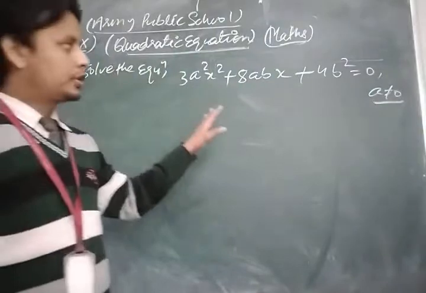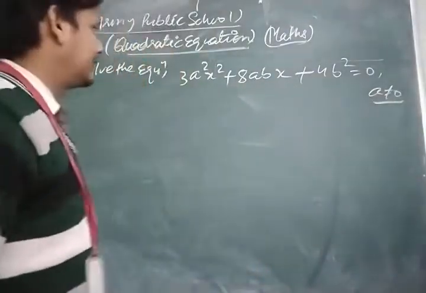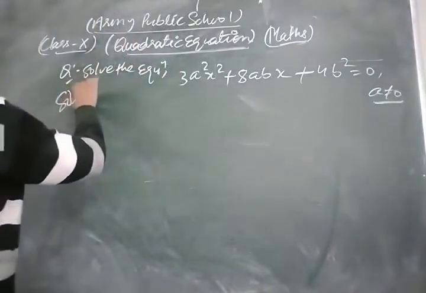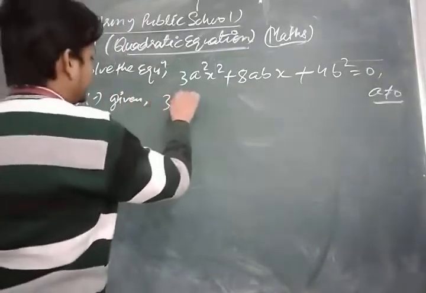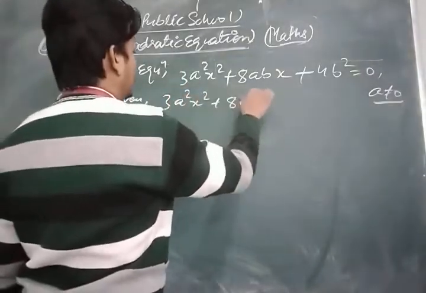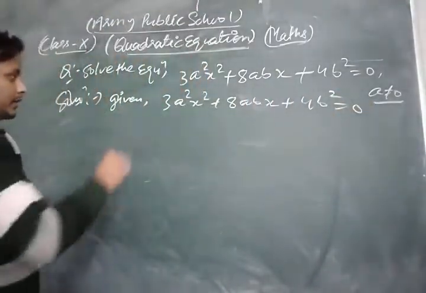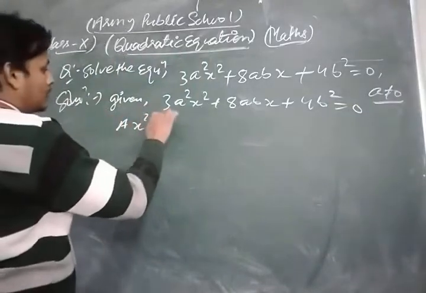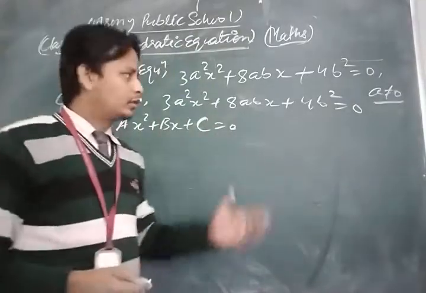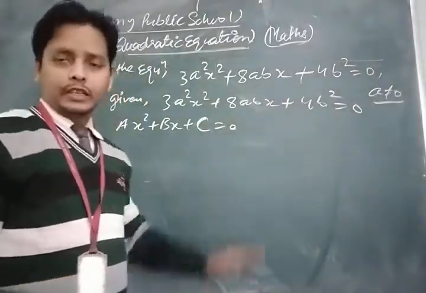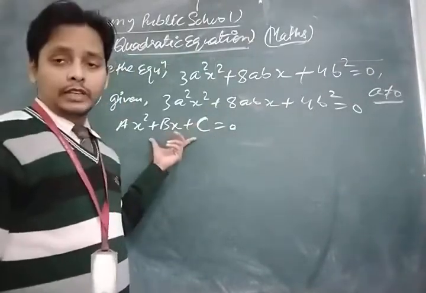Dear student, this equation is in variable form. So first we find the values of capital A, B and C. So let's see its solution. First of all we compare the given equation with the standard form of the equation Ax square plus Bx plus C is equal to 0. We take capital ABC because small abc is mentioned in the given question, so that there is no confusion.